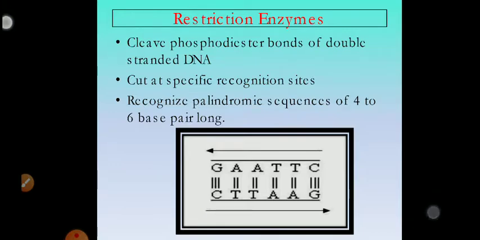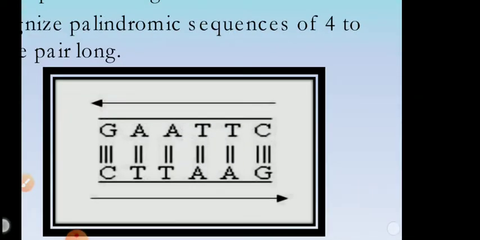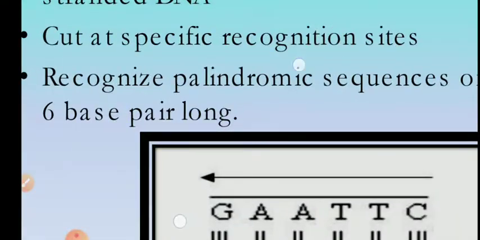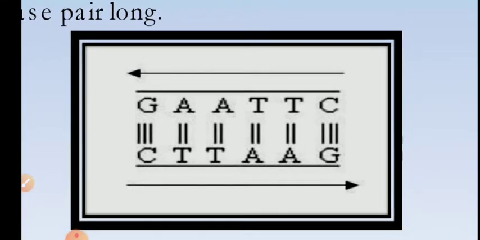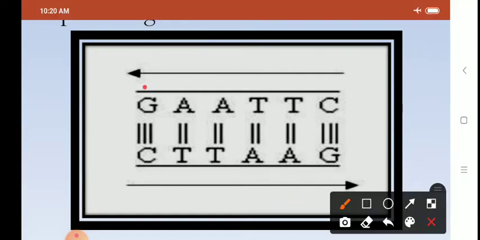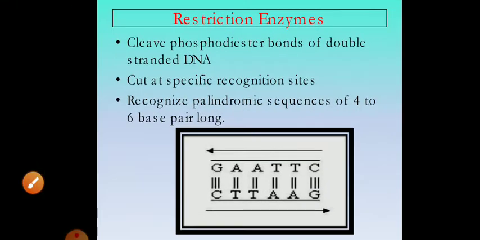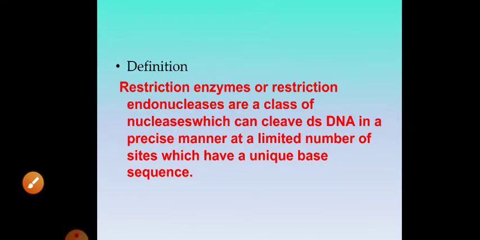So the restriction enzymes cleave a particular DNA at a restriction site made up of 4 to 6 bases, which is a palindromic sequence. If you read it from one direction to another, say 5 to 3 prime, it will read the same, and in the reverse direction also, GAATTC. So this is called a palindromic sequence, and every recognition sequence is a palindrome having 4 to 6 base pairs.